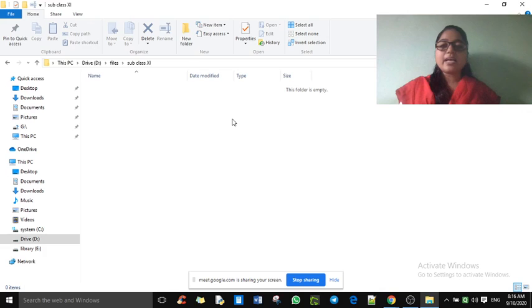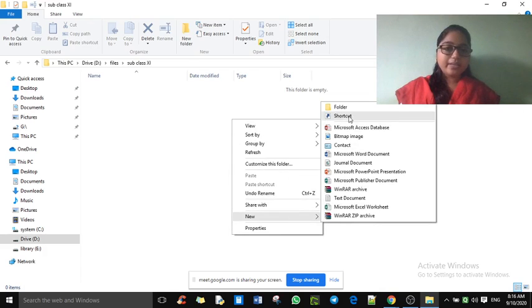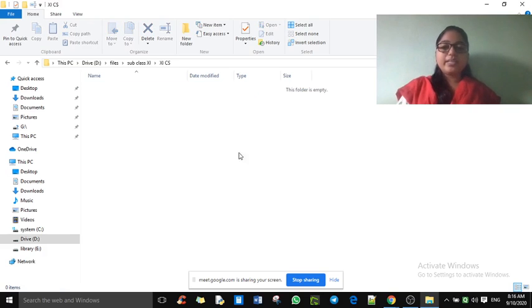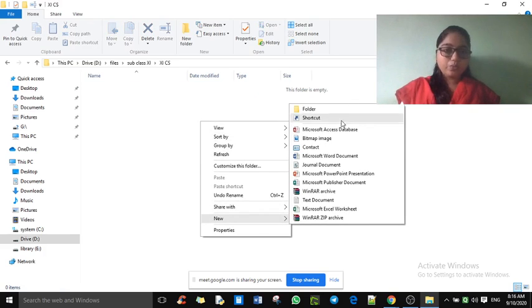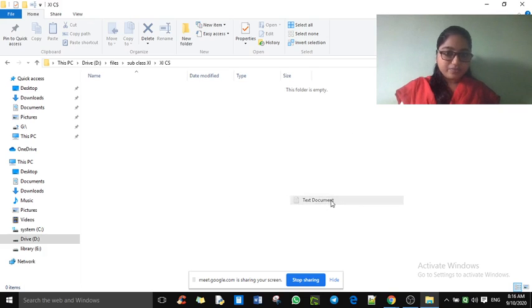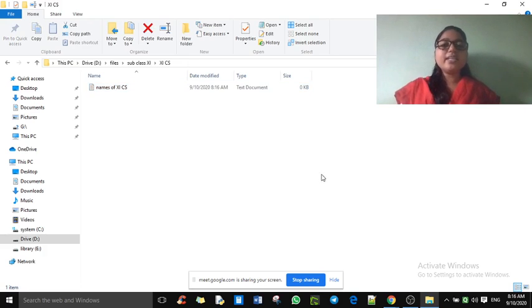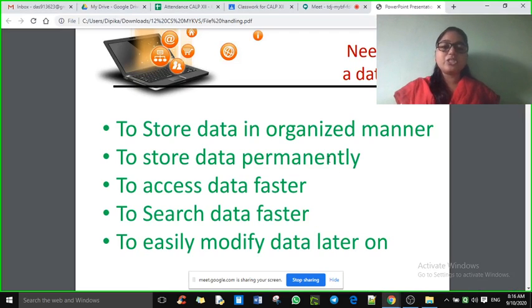In that I am creating a new folder, say 11 CS, and now I am storing here a new text file, say names of 11 CS students. So now it is stored in an organized manner, in a structure. This is how we can store the data in a file in a systematic and organized manner.